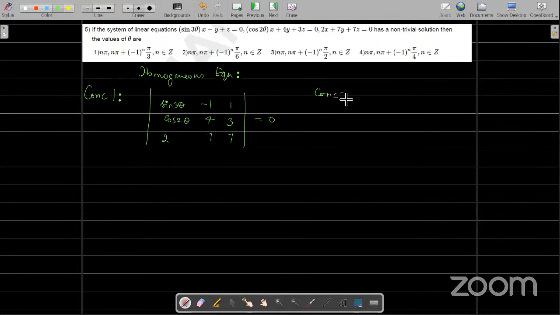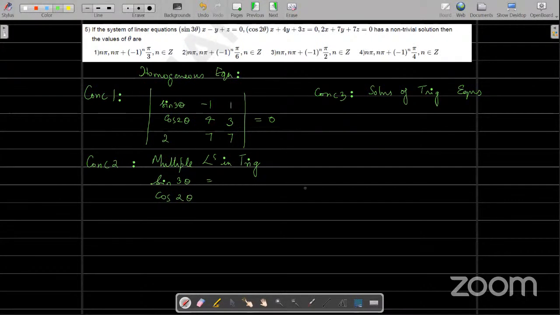What is the concept 2 you will apply? Solutions of trigonometric equations. Because when you write down this determinant, you will have the multiple angles in trigonometry. Correct? So how to express sine 3 theta in terms of sine theta and cosine theta, or all in sine. Similarly, cos 2 theta, you can keep everything in sine, because sine 3 theta can be written in terms of sine alone. So therefore, you can also write this as,